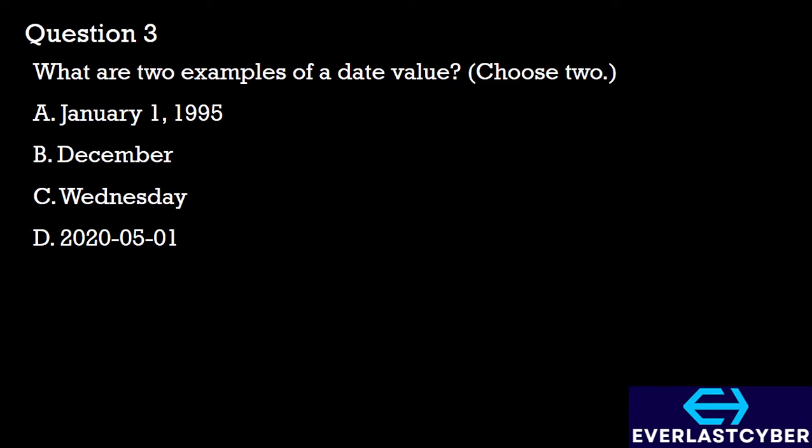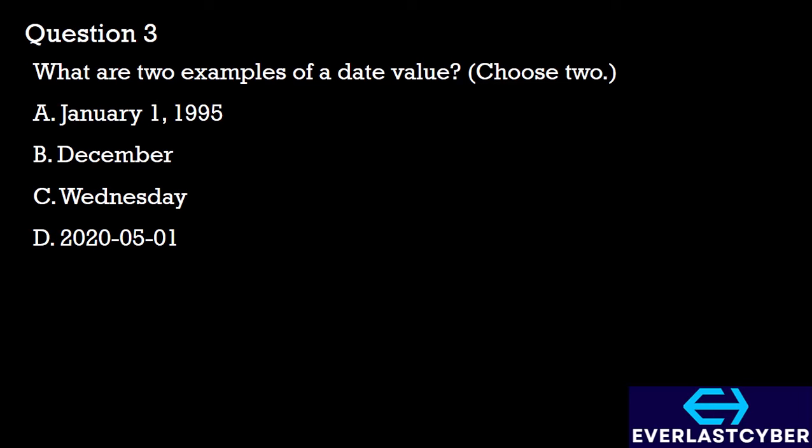Question 3. What are two examples of a date value? For this, we'll be choosing two answers. A. January 1st, 1995. B. December. C. Wednesday. D. 2020-05-01. Looking at option A, this is a complete date value which includes day, month, and year, and this can